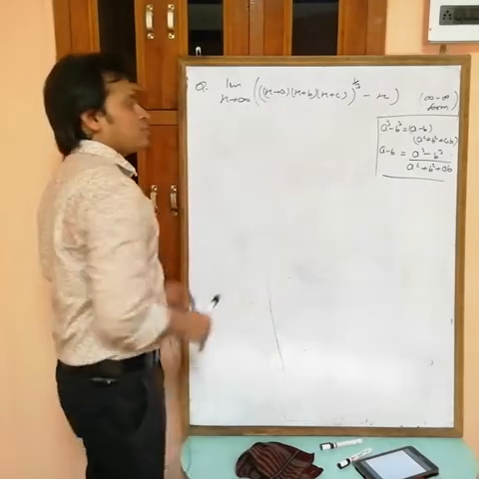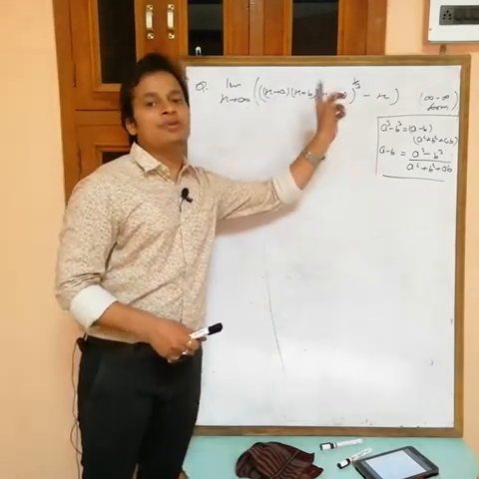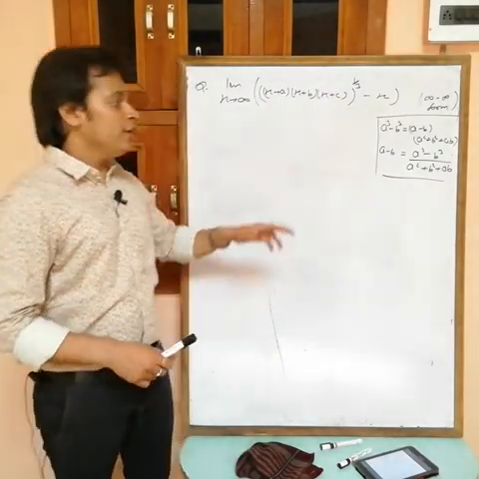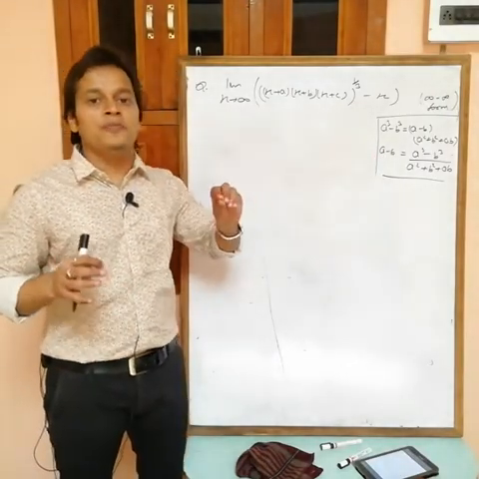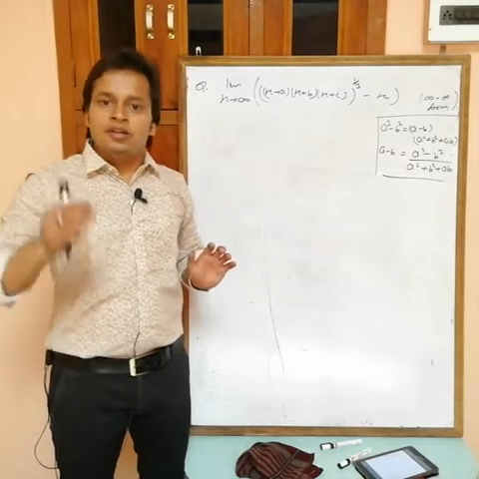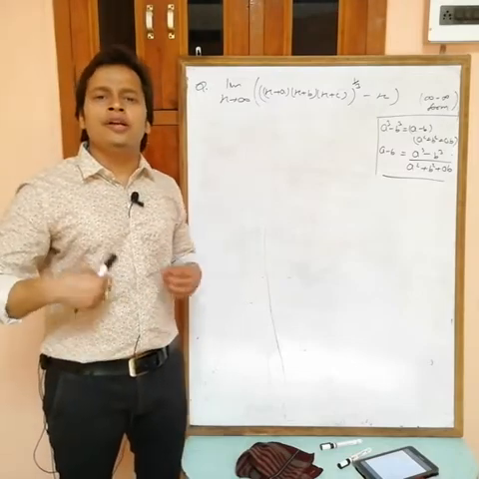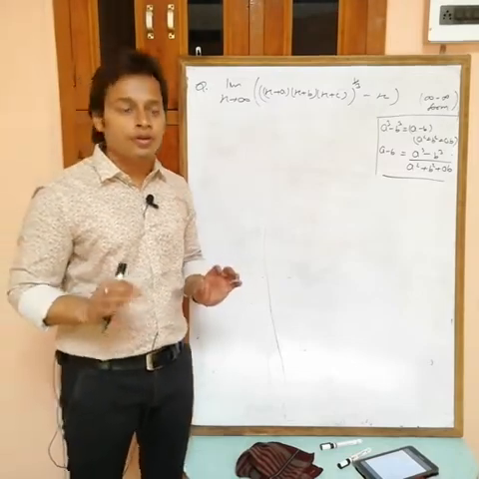So for this question I will use this formula to simplify this one. Okay, if you use this one, then you will get a question such that in numerator and denominator both have terms of x, then take the highest power of x common, and at the end you will get the solution. Okay, so see,